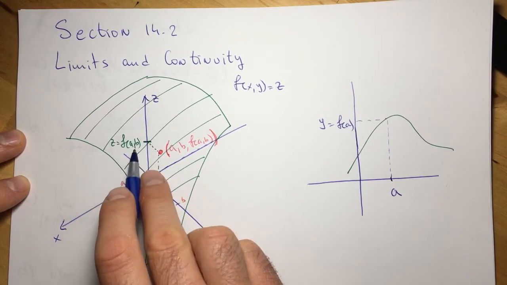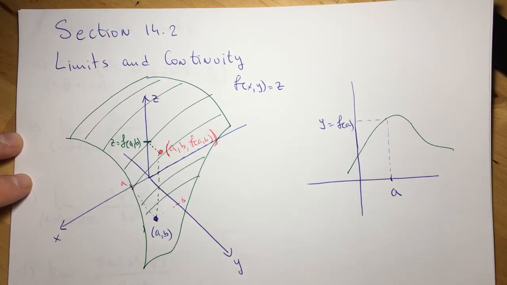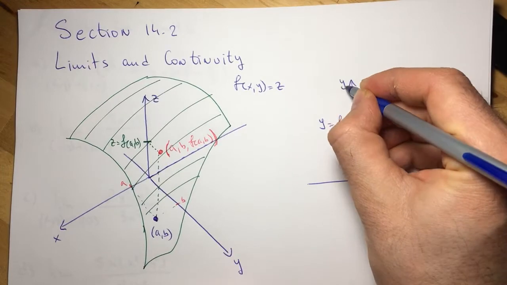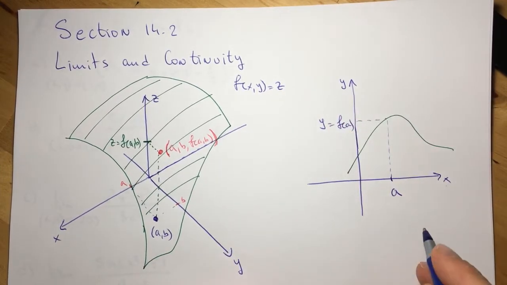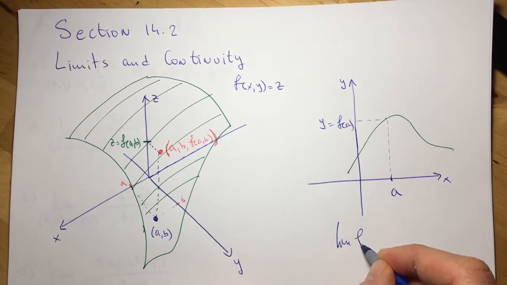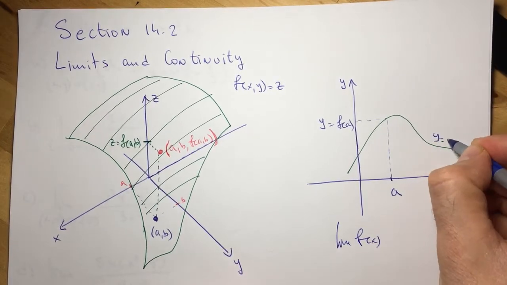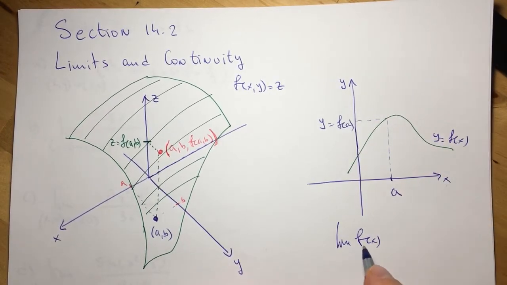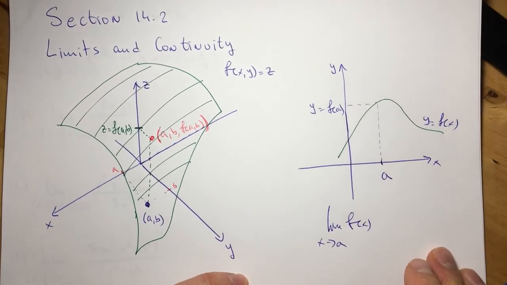to what value the value z appears, or comes closer and closer. Okay, now if you compare this to single variable calculus, when we were looking for the limit of f of x, let's say that this is y is equal to f of x, when we were looking for the limit of f of x as x approaches a, okay,